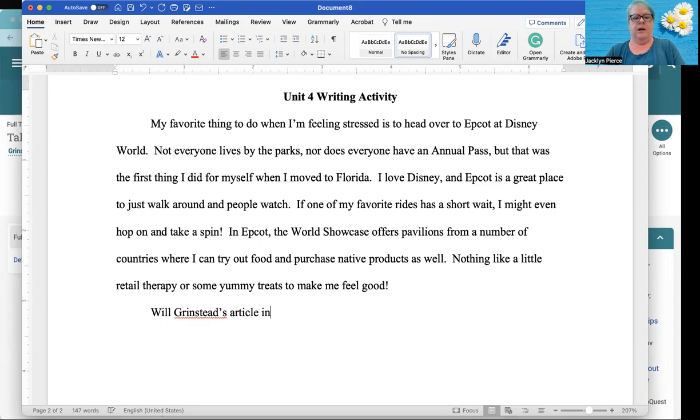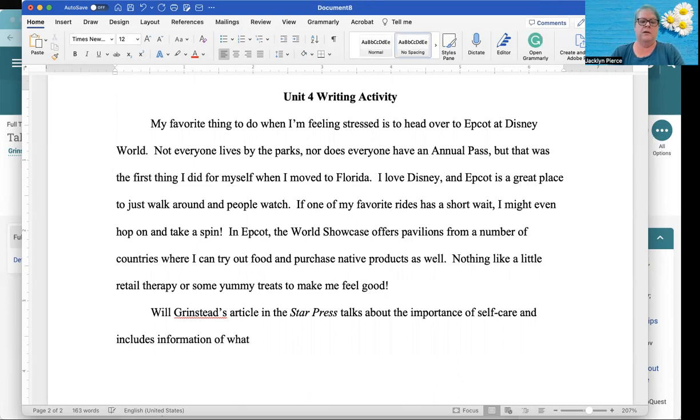article in the Star Press, and I'm putting this in italics because it's the name of a newspaper, talks about the importance of self-care and includes information on what some people get wrong. And I'm putting this in quotes because I don't mean to call people wrong, but